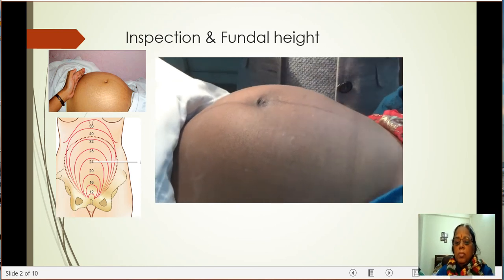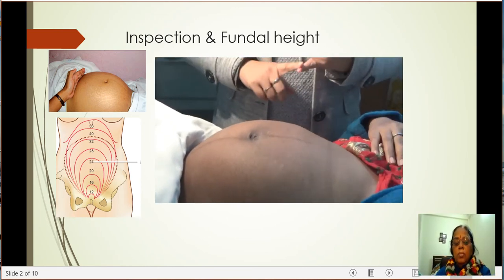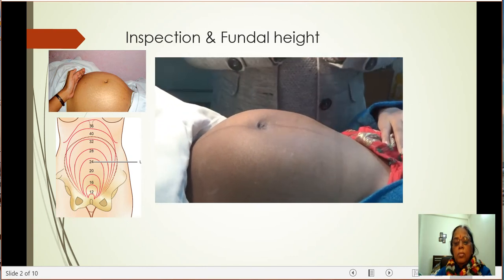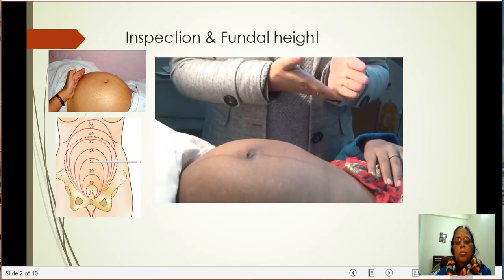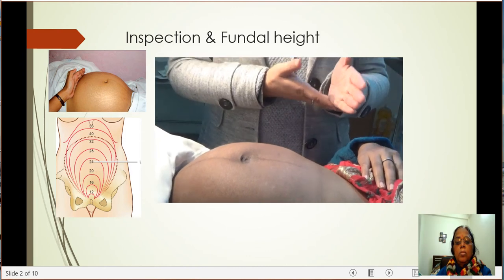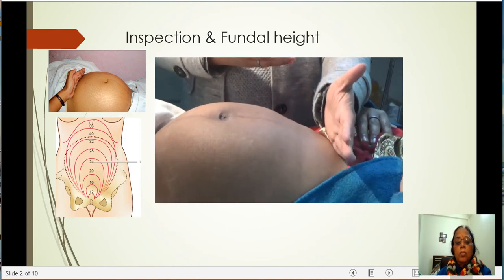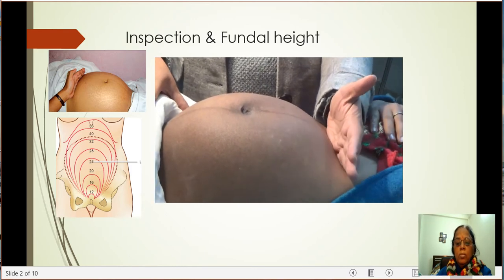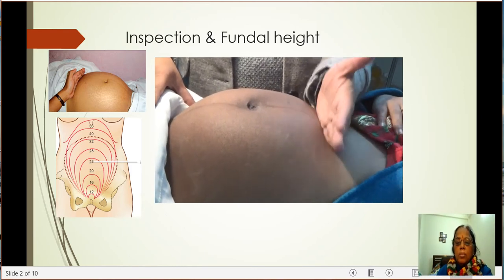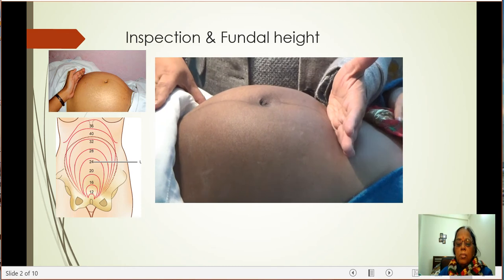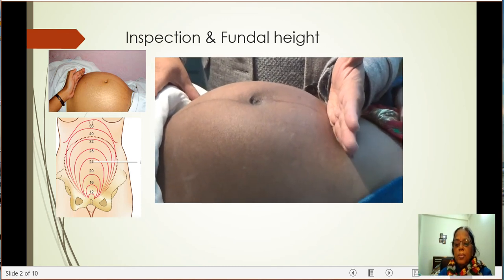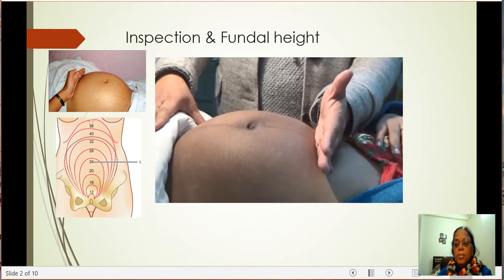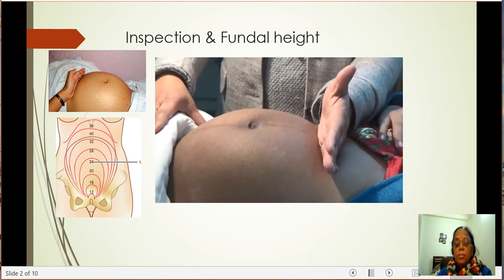Then we are going to the second part, that is palpation. For palpation, we will start with the first palpation. We will start with the ulnar border of the left hand. We will start from the xiphisternum, that is the hardest point we can feel over here near the chest, and slowly progress down to feel the first resistance. This first resistance which we are going to feel is the fundus of the uterus. This is represented as the fundal height of this uterus.